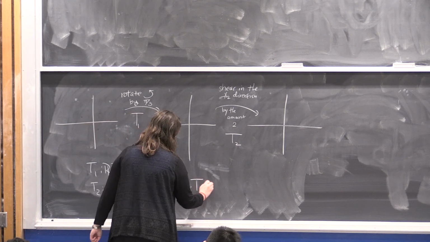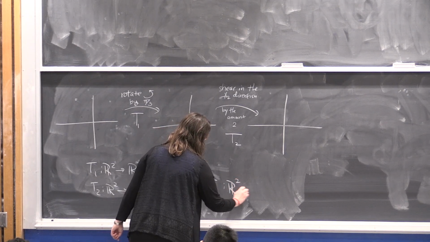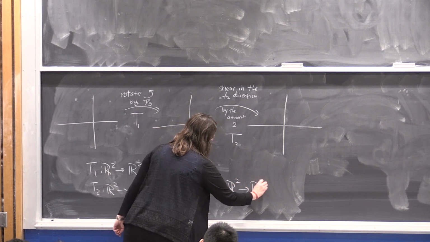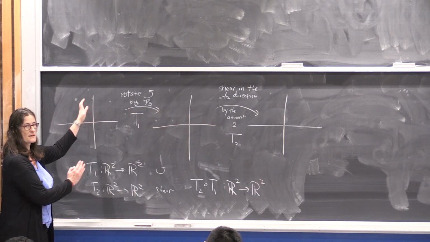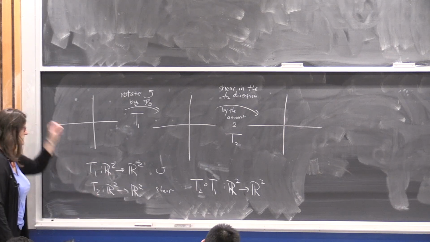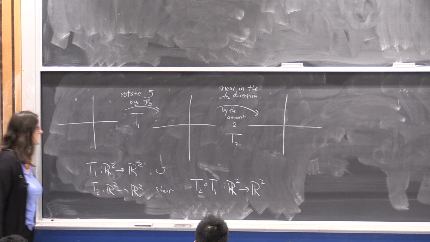And if you compose them, then you're going to have a linear mapping from R2 to R2, which corresponds to first rotate and then shear. So I will do this the slow way and then the fast way. Okay, so the slow way